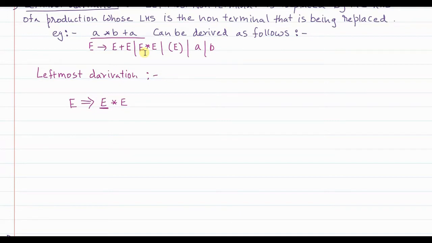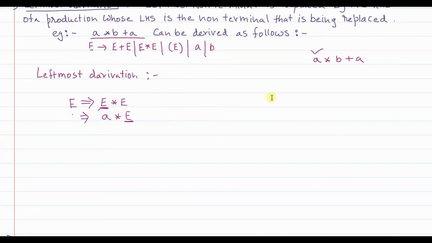Only then you go to the next leftmost element. That's leftmost derivation. Next, since this E has to be replaced, what is the term that I want? The first element here should be A, since it is A into B plus A. So I try to replace E with A. So that's how this can be further written as A into E. Now after successfully replacing the leftmost non-terminal here with A, the next leftmost element is this E, which I have to now replace.